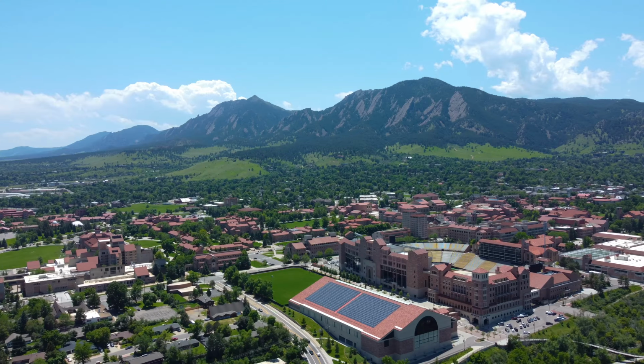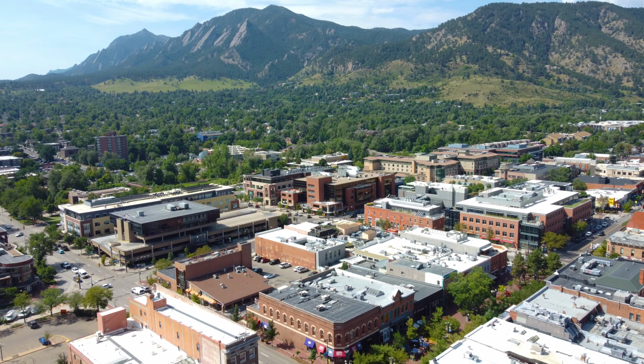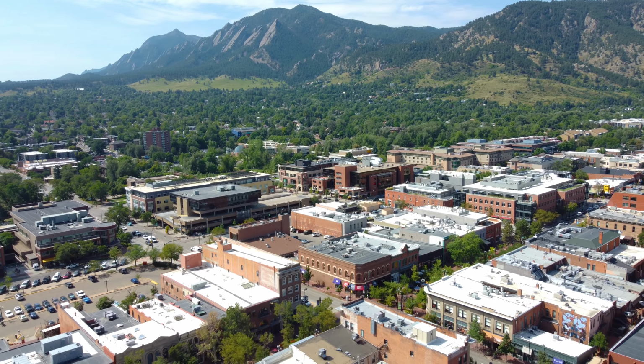So the first thing you must do in Boulder during the spring is, you guessed it, hike. There are dozens of trails and a few mountain peaks, quite literally right next to the city. The Flatirons tower over Boulder and offer a complex set of intermediate and even advanced trails, although that's probably subjective,